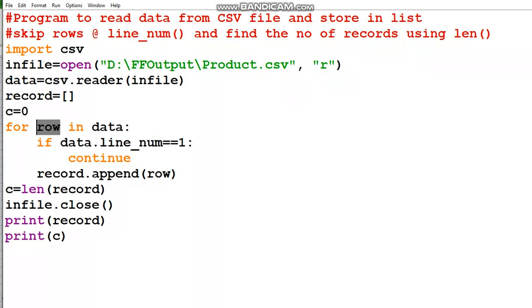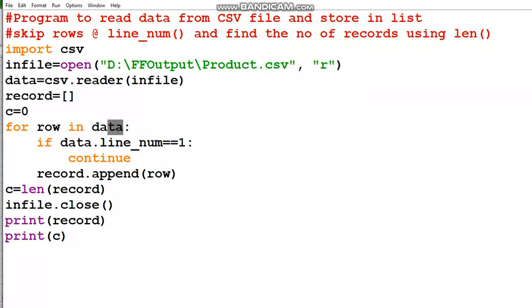Now in this example, this is also one of the ways when we can skip any record. Data dot line underscore num equal to 1. That means the first record of the data variable.